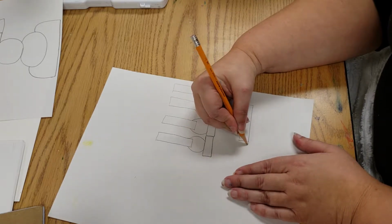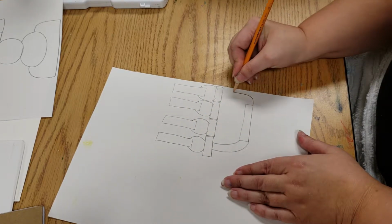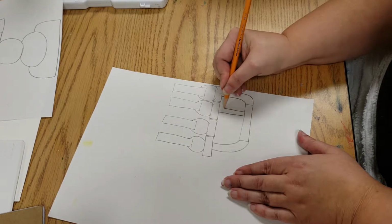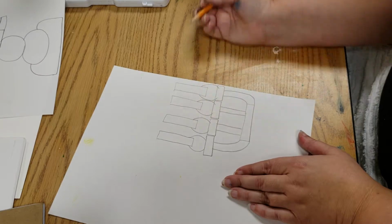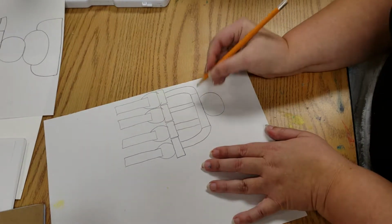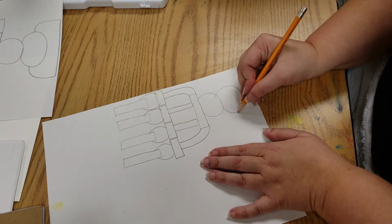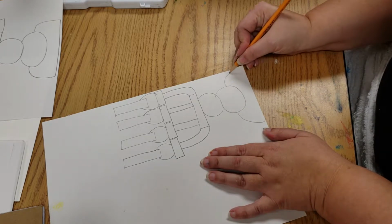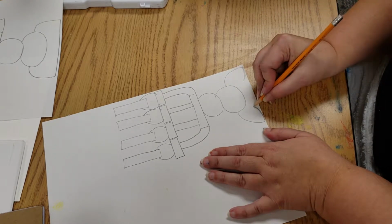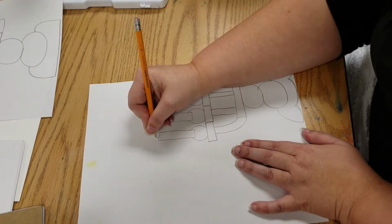Now for me, I start down here at this and just curve it up. I think that gives it kind of a nice shape without being too difficult. With these, we can just keep them straight. Okay. Now for the handle itself, it's just going to be 1 circle and 2 circles. Okay. And then about halfway up, I am going to make kind of a parenthesis shape again to come down. And just because I want to, I'm going to make some little extra design here at the bottom, completely unnecessary. And then don't forget your flames,